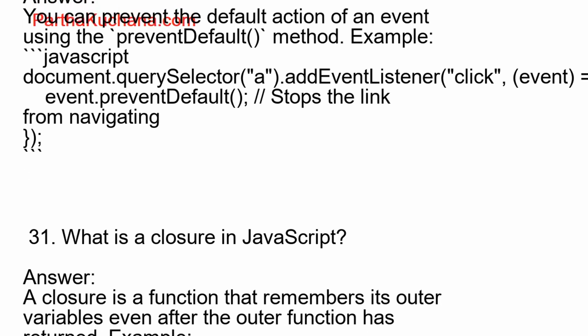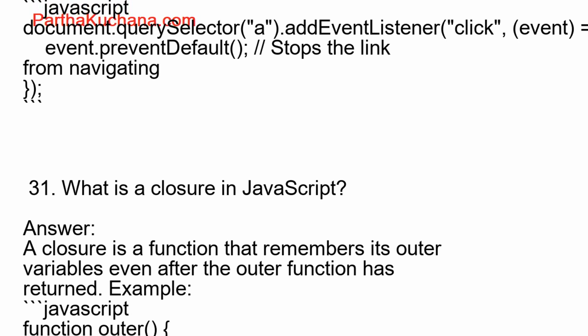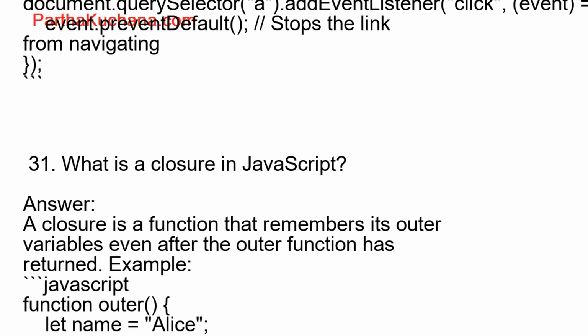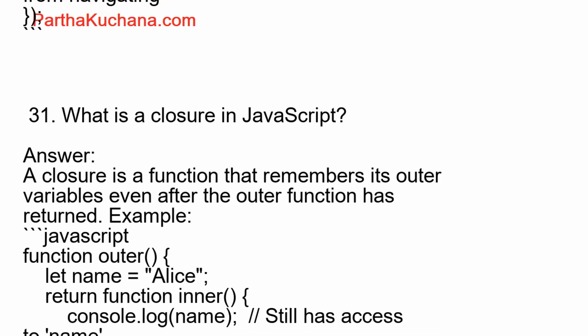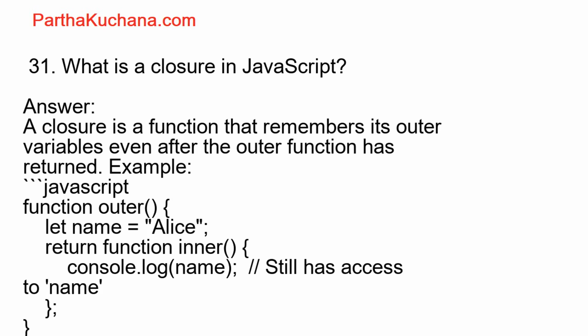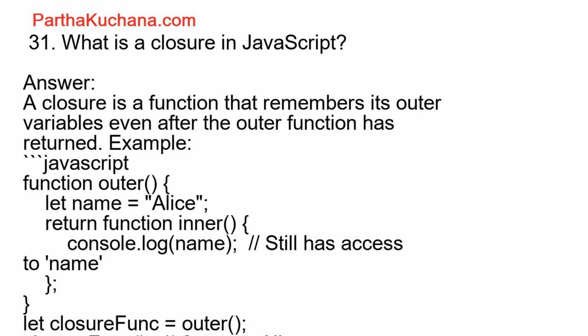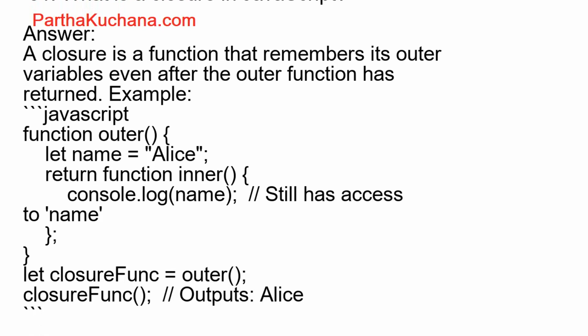32. How do you handle asynchronous code in JavaScript? Answer. Asynchronous code can be handled using callbacks, promises, or async/await syntax. 33. How do you make an HTTP request in JavaScript? Answer. You can make HTTP requests using the fetch API or XMLHttpRequest. Example using fetch. JavaScript. fetch